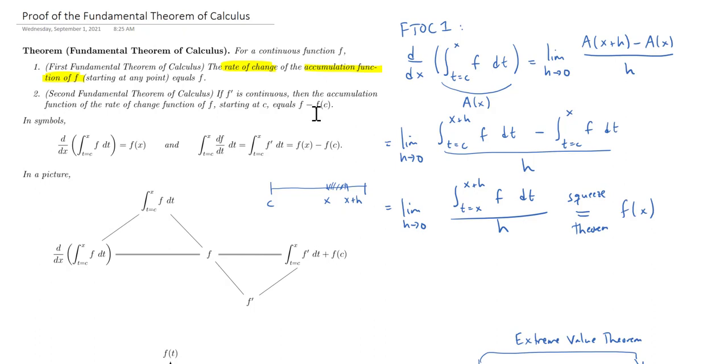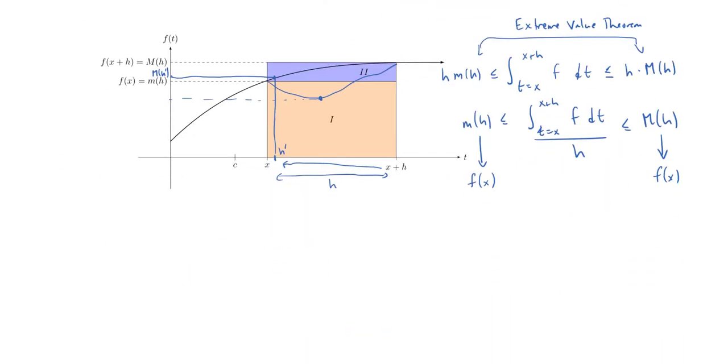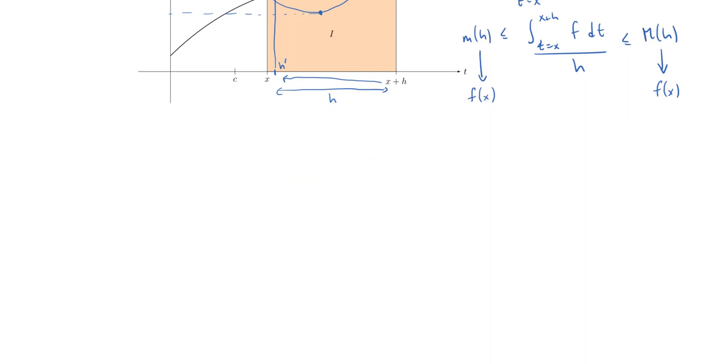Well, it's going to be f of the initial point c that you're integrating over. Okay, so let's go down to it, and we'll give a proof now of the second fundamental theorem of calculus. All right, so FTC 2. So we know, by FTC 1, by the first fundamental theorem of calculus,